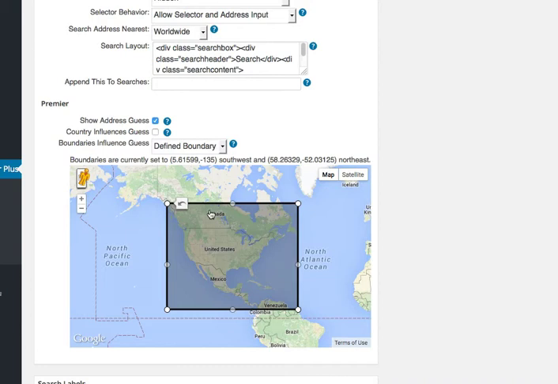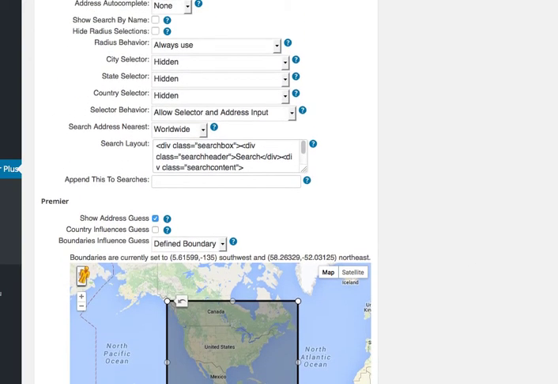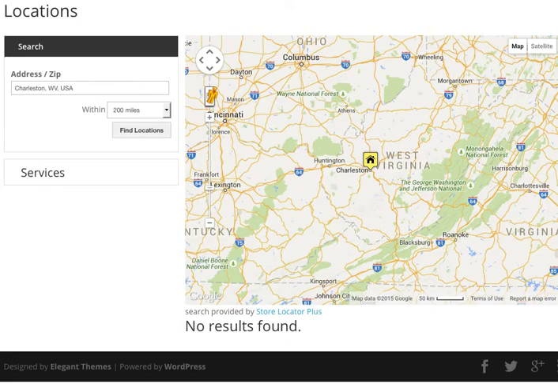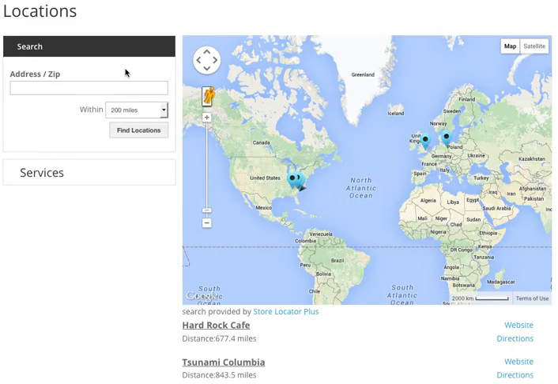So I'm going to highlight United States, Canada, and Mexico here, and I want Google, if it comes back with a guess for any location, let's say Venice, to look through the list it comes back with for guesses and pick one within this box. So now that I've set my boundary, I'm going to save my settings again. And if we go back to this very same example here, same map, so same locations in my database,